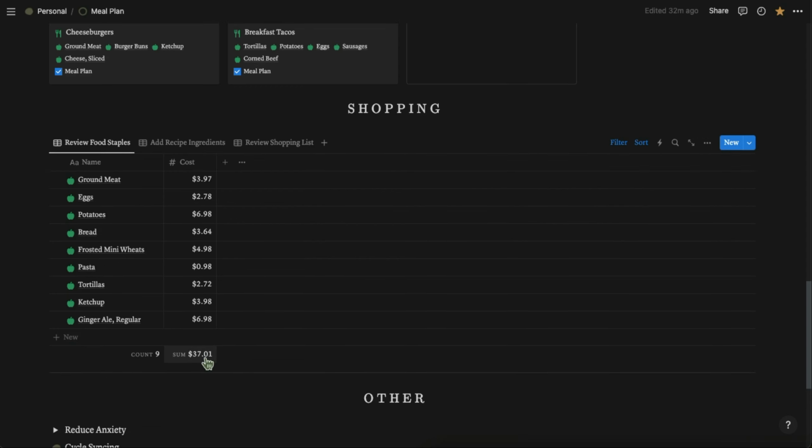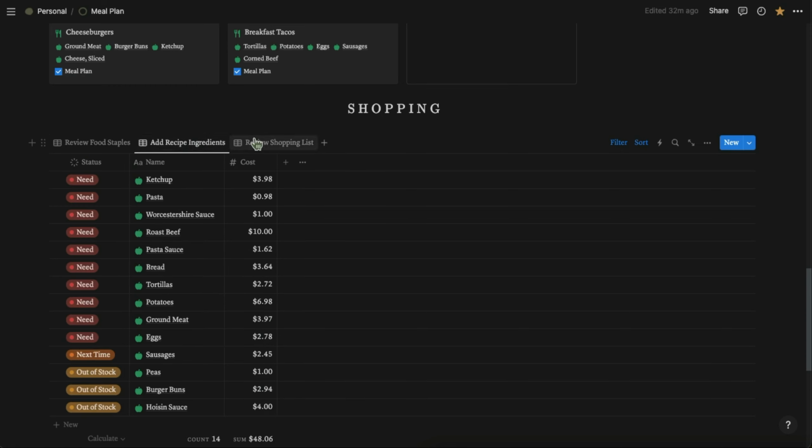It also lets me know an estimated total of how much those things are going to cost. So if my budget for groceries this week is $50, I can see here that almost 40 of that is already going to my food staples. That means that I only have about $10 worth of wiggle room to get other groceries that may not be a necessity. The next step is to add my recipe ingredients, and this is a filtered view of the Groceries